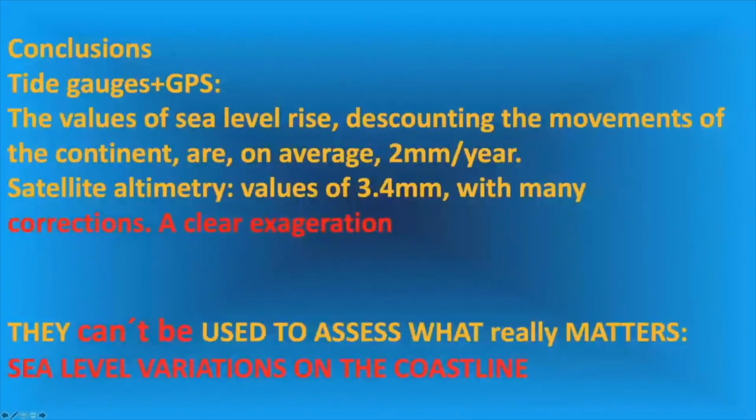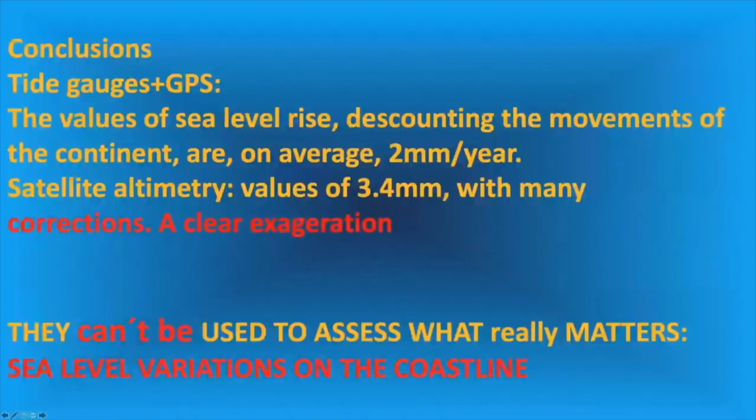As conclusions, the values of sea level rise, discounting the movement of the continent, are on average 2 millimeters a year. But there is a discrepancy between these and satellite altimetry, which are bigger. But all these satellite altimetry shows a lot of corrections. Sometimes we have some doubts about the algorithms they used to do this kind of thing, and I'm sure, because the average is 2 millimeters,